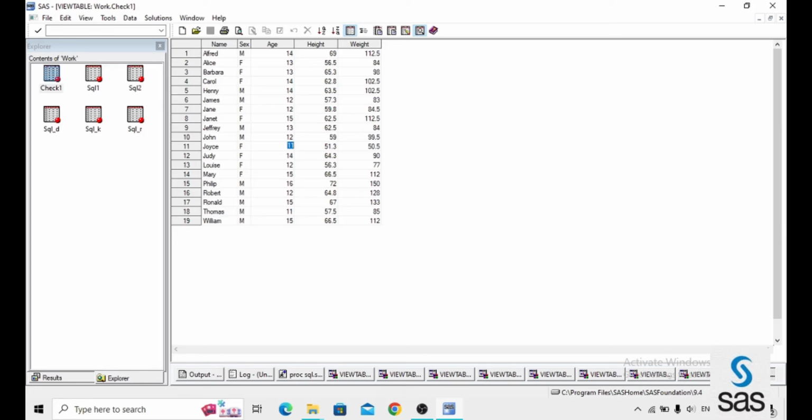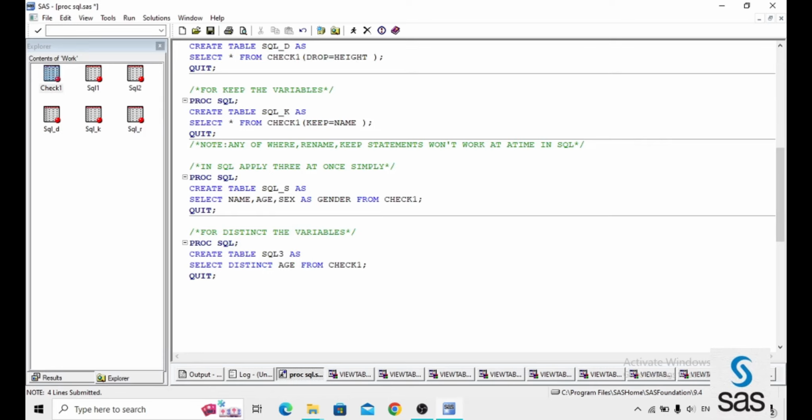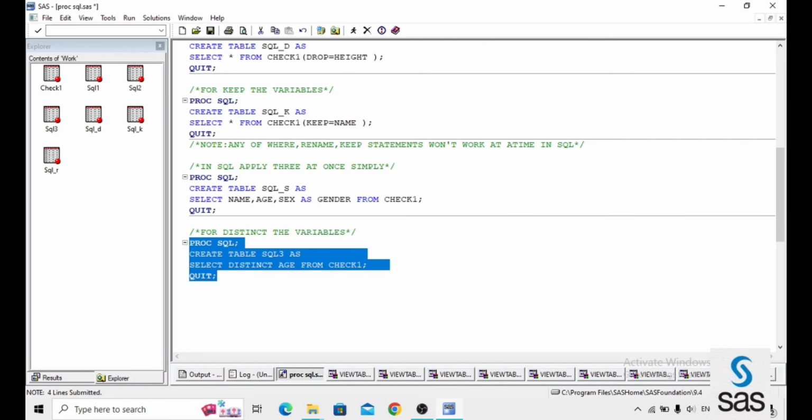In this simple example we only have 19 observations, but in real time you have thousands of records. In that situation you can't get the single observations in that particular variable by hand, so you can apply distinct on it, and by distinct you will get the single type of observation in that particular variable.